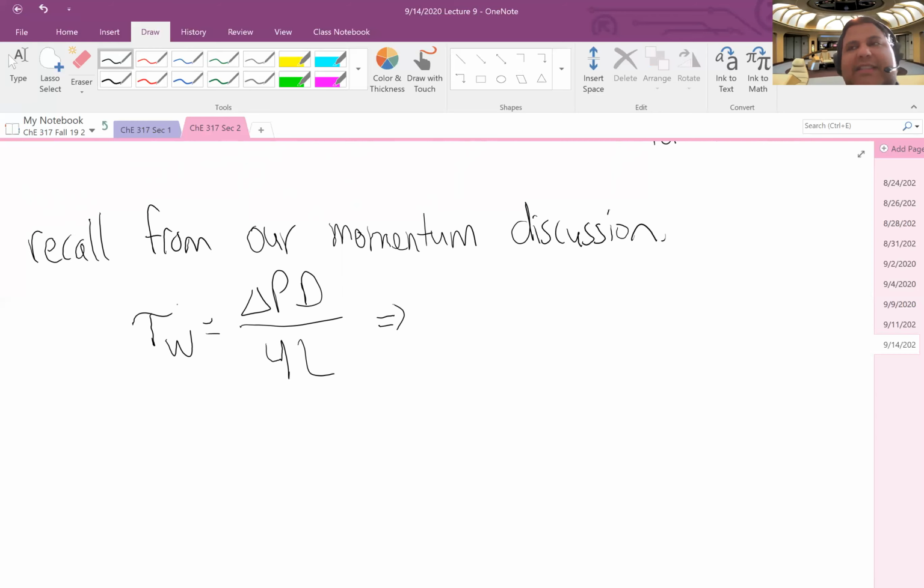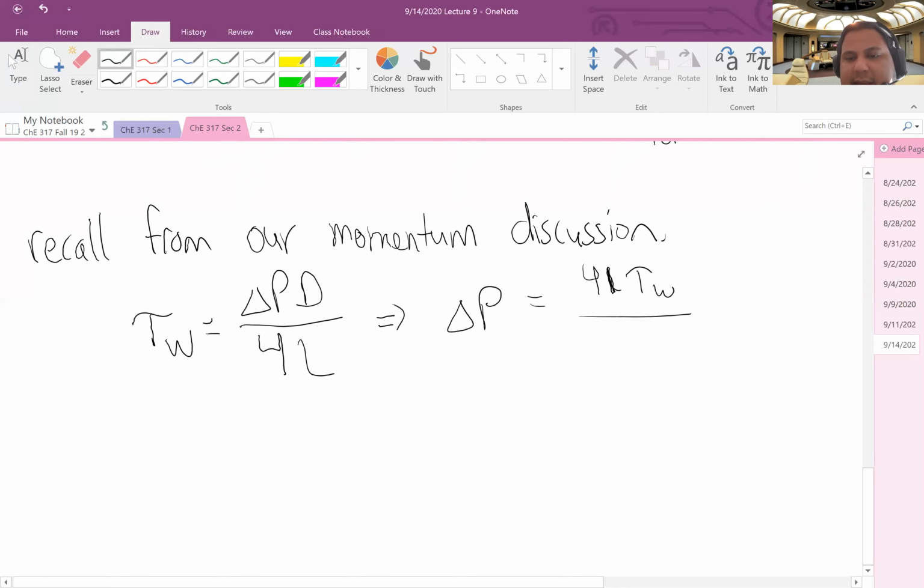And so when we did a momentum balance over the flow through a pipe, this was the expression we had that relates pressure drop and shear stress. Dr. Lopez, is that a 4 in the denominator? Yes, it is. It's pressure drop times the diameter of the pipe divided by 4 times the length of the pipe. So rearranging for pressure drop, I get an expression that looks like this: 4 times the pipe length times the shear stress divided by the diameter,